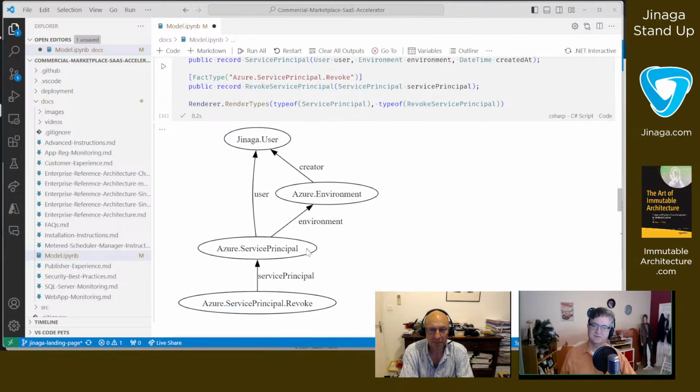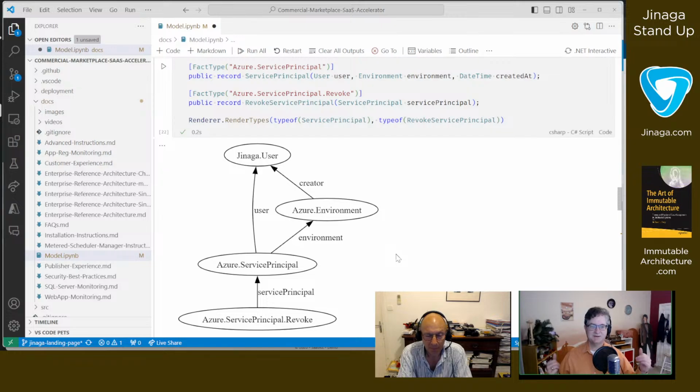So you've got service principal is a user and environment, and can be revoked. The difference is the authorization rules. An administrator is allowed to create and revoke service principals, but service principals aren't allowed to create or revoke other service principals or administrators. So you set up the environment and your first administrator. That administrator invites other administrators, and now you've got all those administrators at the same level,